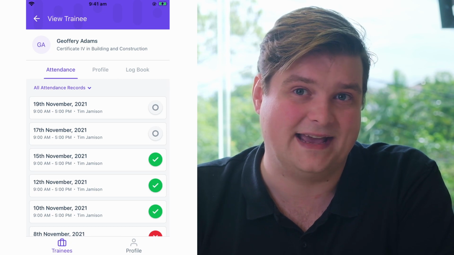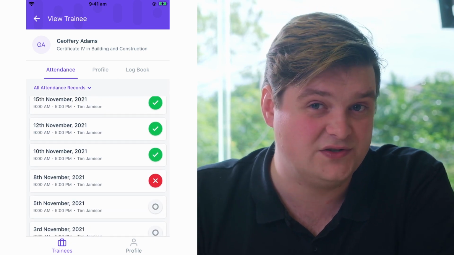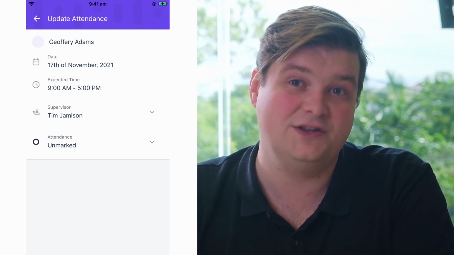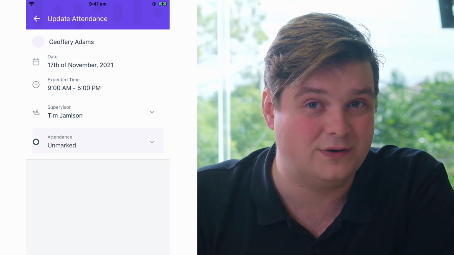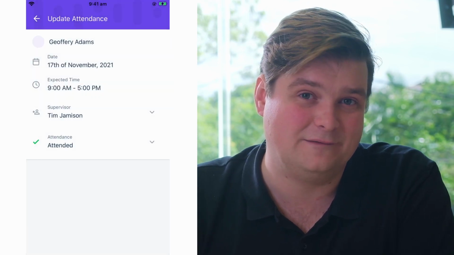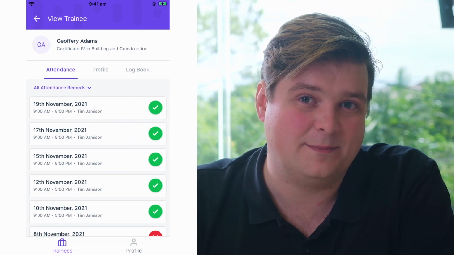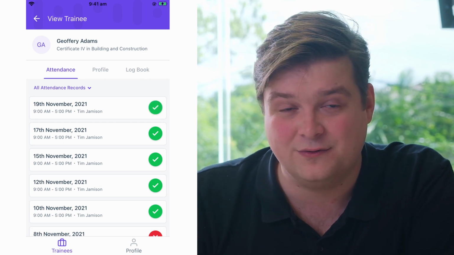On the Attendance tab, you will see a history of all the times a student was scheduled to visit and work with your organisation. You can view the attendance of these days by clicking on the Record and updating the attendance field. You can also do this more quickly by tapping on the status icon of the attendance record to